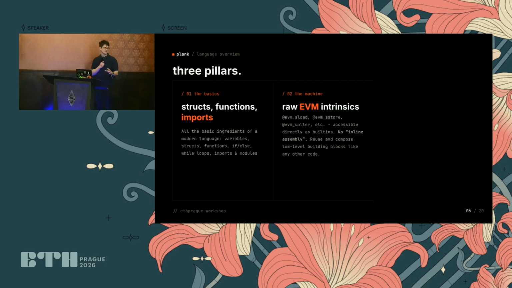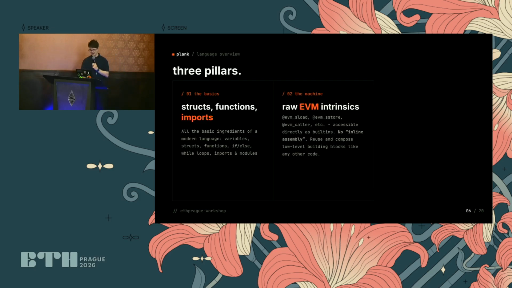So this is why it's super important to me, but unlike Solidity, there is no inline assembly. So whether it's low-level code or high-level code, you can create functions, you can create abstractions over it, you can reuse low-level code, you can import functions. There's no artificial inline assembly barrier that you need to cross every time you have data or variables that need to move between those two realms.